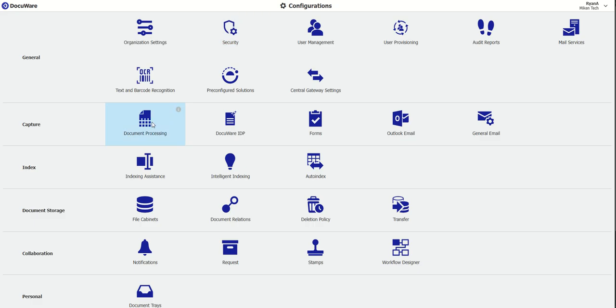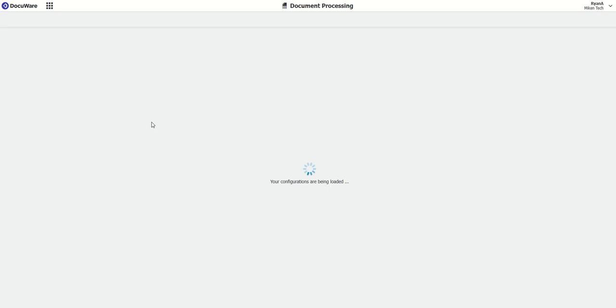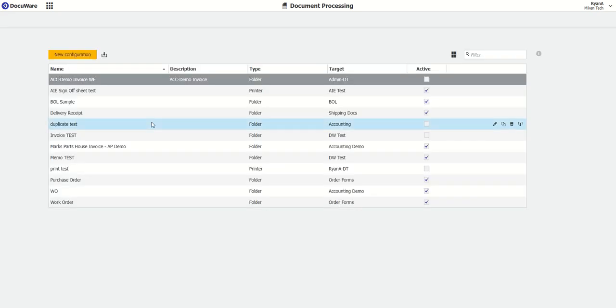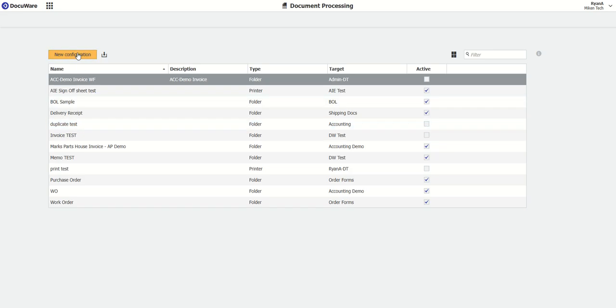So first step, other than building out our cabinet, is we want to go to our configurations. So if you drop down, go to your configurations panel, and then from here, once this loads, we want to go to document processing. So this is going to show me a list of my current configurations in the system, and then it's going to allow me to create new ones as well. So what I want to do is go to new configuration,